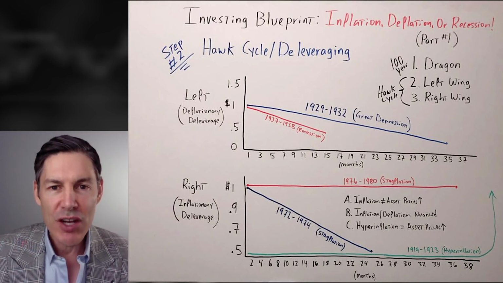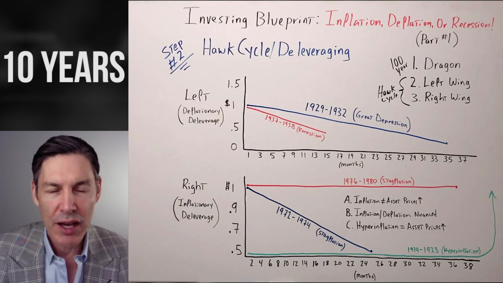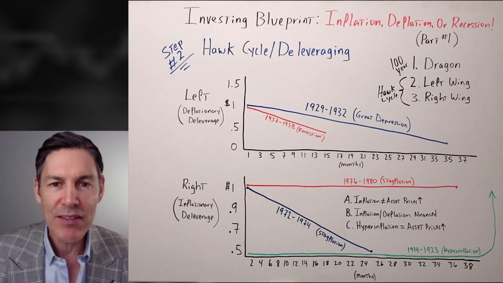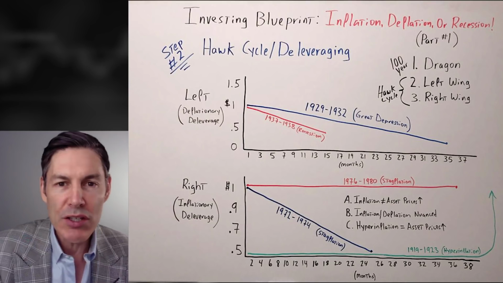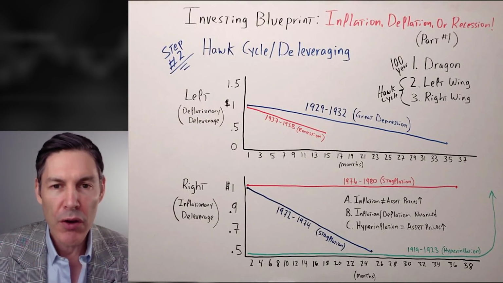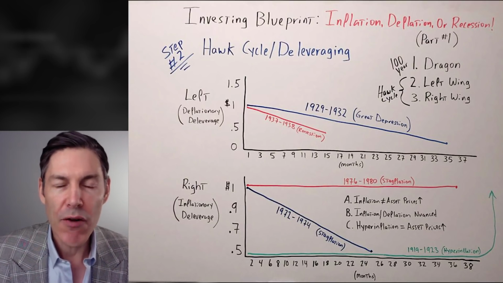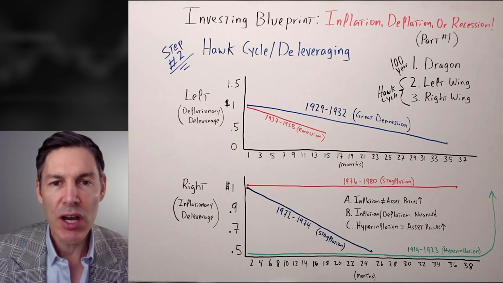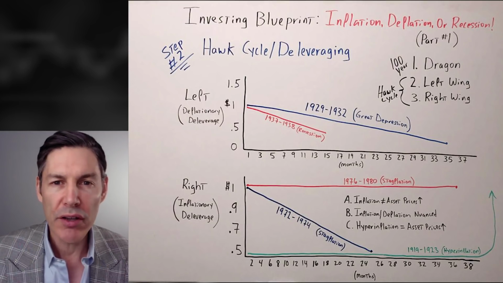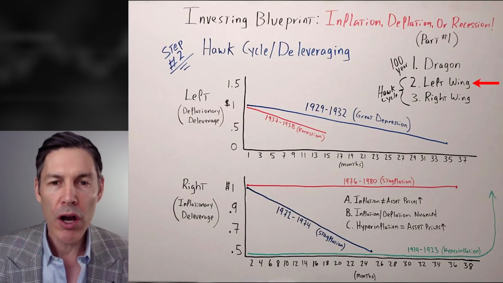But if you're looking at just the next 5 years or the next 10 years, you look at the hawk cycle. And what's great about this portfolio is you don't have to make a decision whether we're going into inflation or deflation, because parts of the portfolio that are meant for the deleveraging work regardless of whether it's an inflationary deleveraging or a deflationary deleveraging. In other words, it works regardless of whether or not we're going into a left-wing hawk cycle or a right-wing